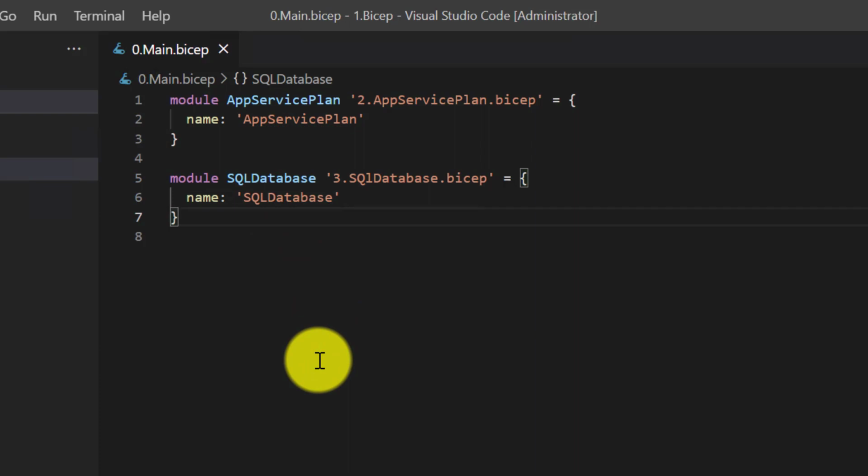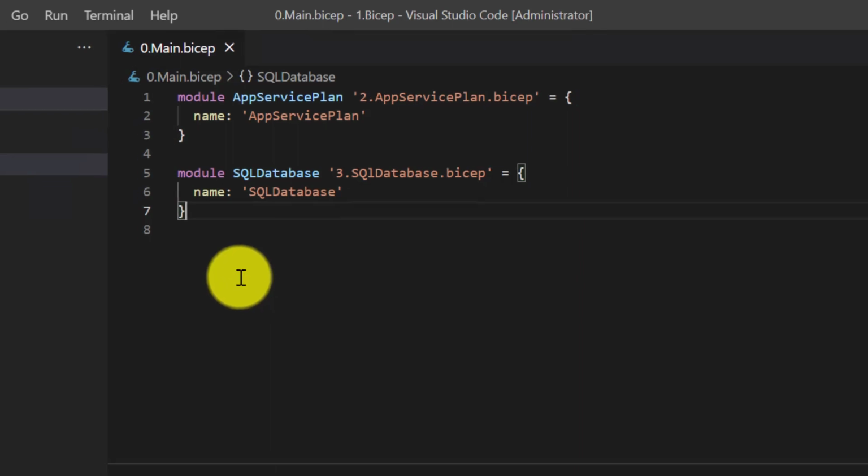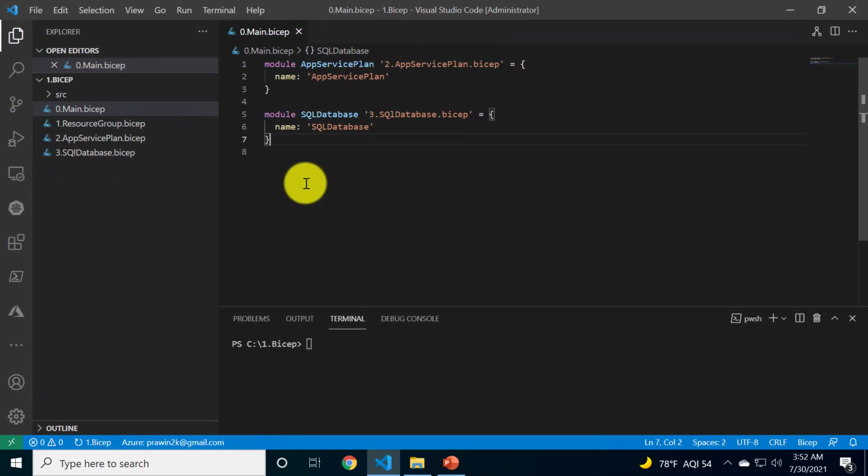Now it also allows us to specify dependency if we have. For now, we are good. We don't need to configure any dependencies. Later in the upcoming videos, we will see how to configure dependencies between modules as well. But for now, this is good.